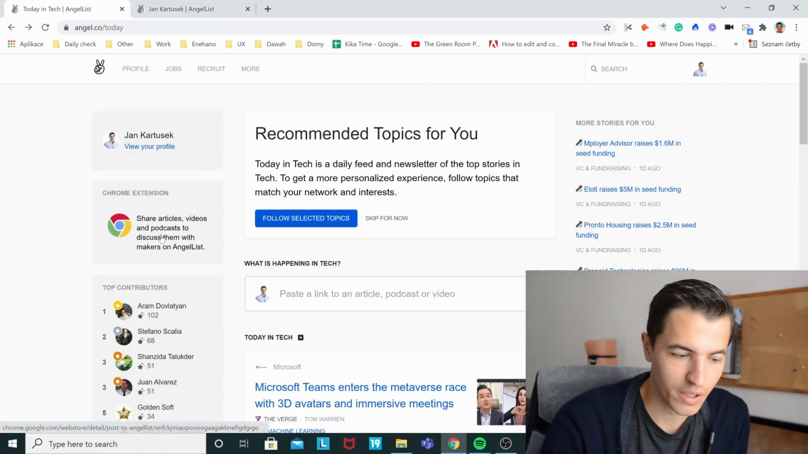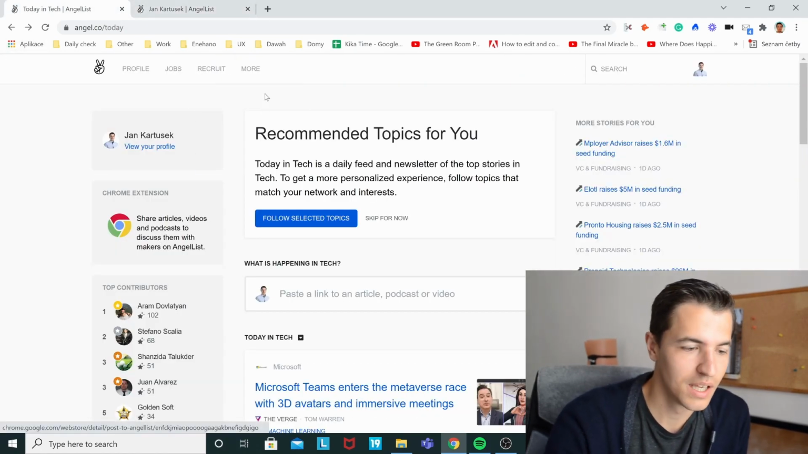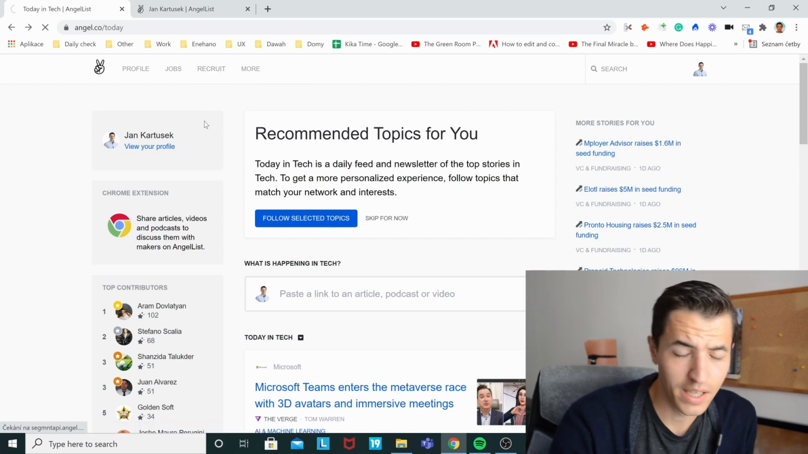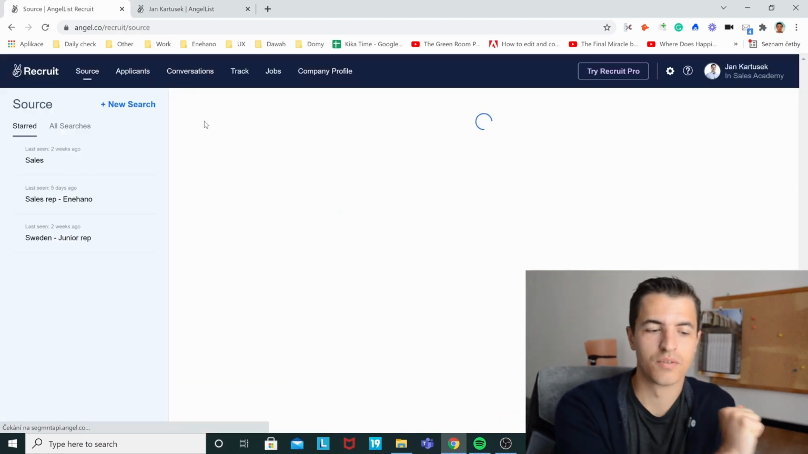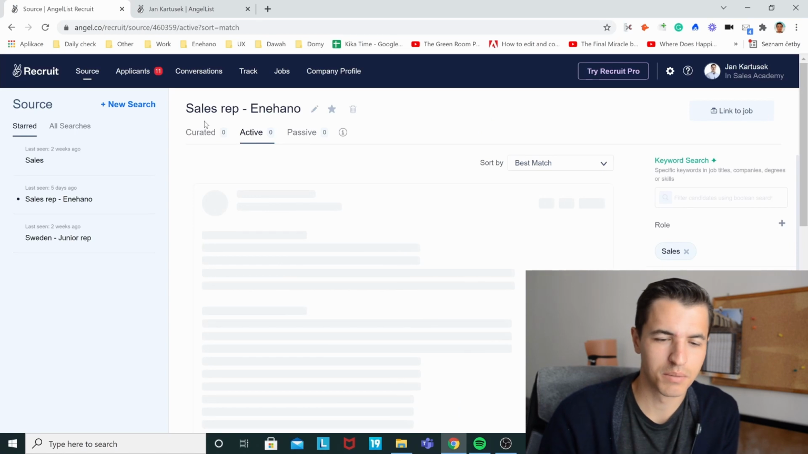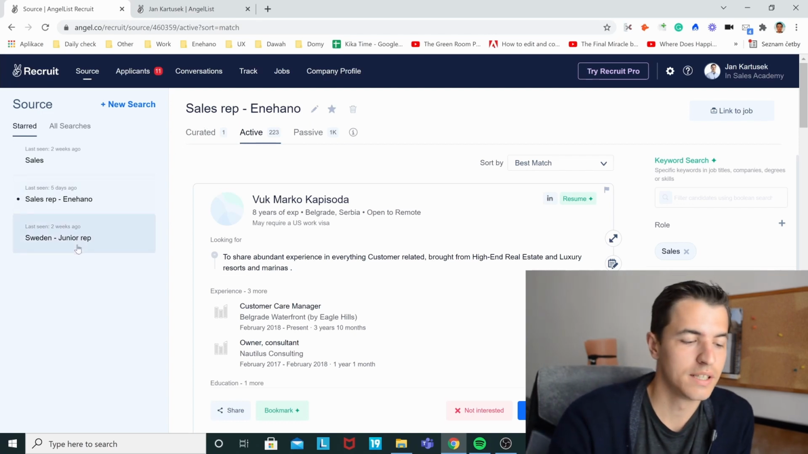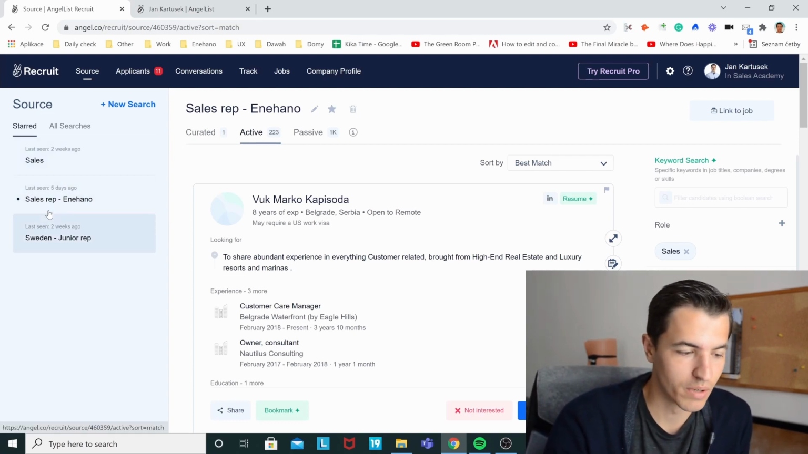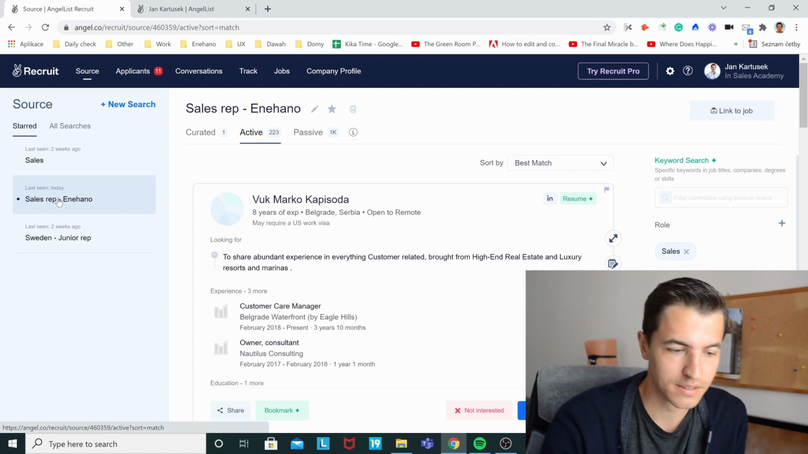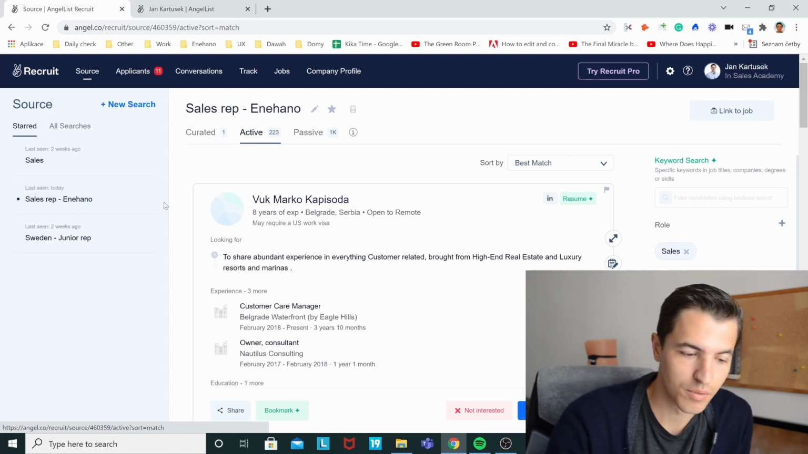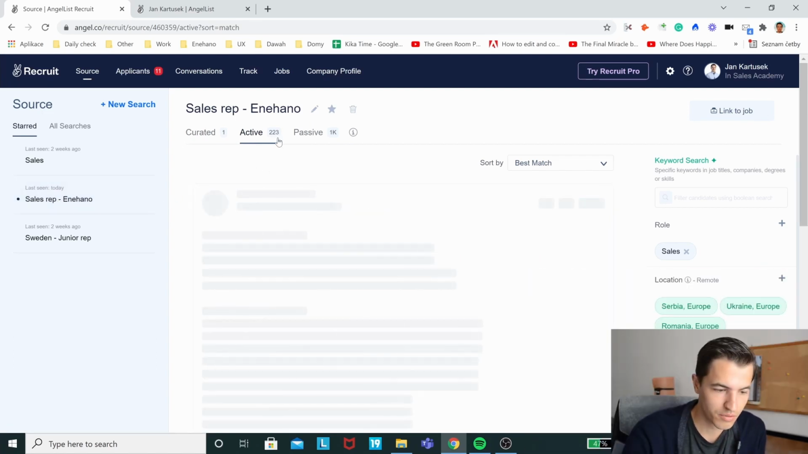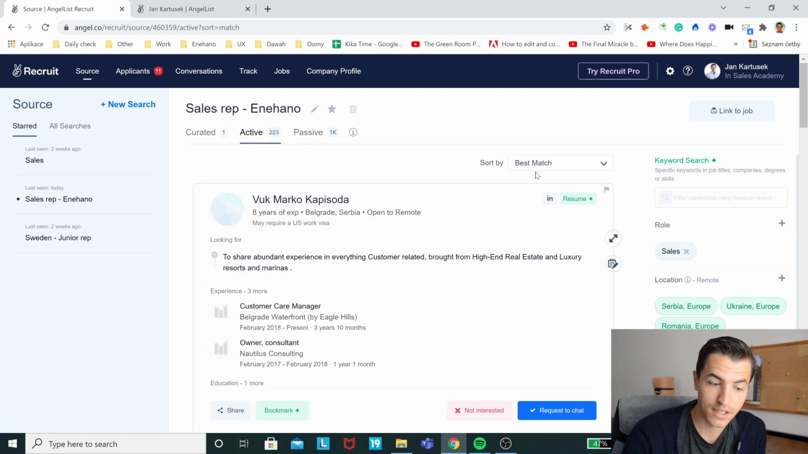My profile is very old, doesn't really look great, but I just go to recruit, and this is free. So AngelList is free and it gives you some limits, but this is pretty good. Let's say you have some budget, let's say you need somebody to work with. As you can see, I have a couple of jobs already here. This one is the most recent one. It's Sales Rep Enehano. I have 223 active matches, I think,